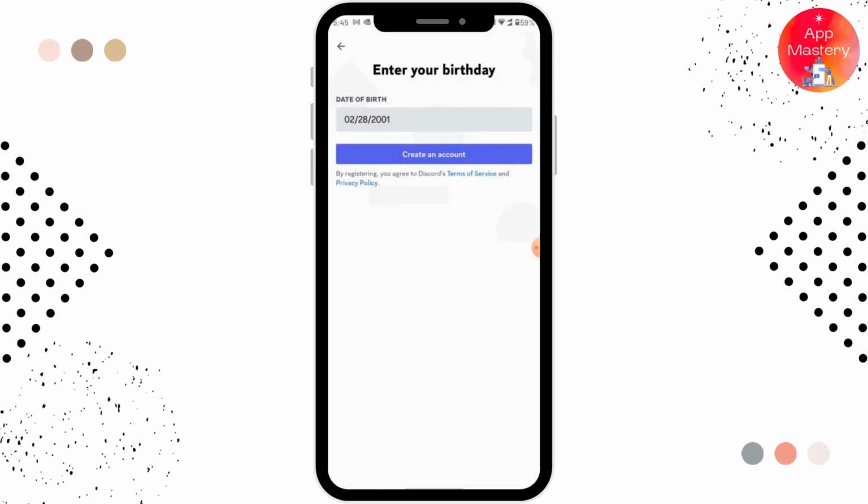and then tap on confirm, and then you can tap on create an account. After that your account will be created. So it was that easy to create a Discord account on mobile,